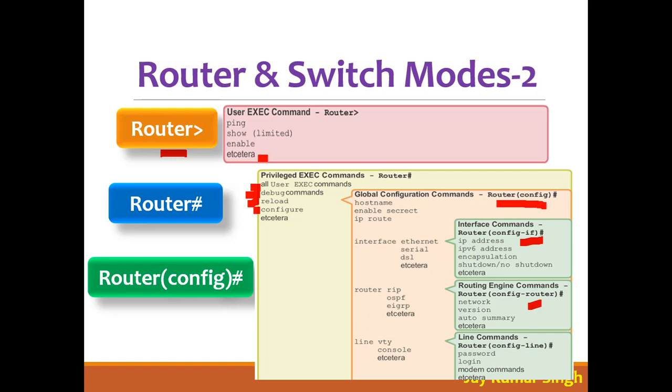So yes, if you want to configure an IP address, you type interface, which means I'm configuring an interface. Router means I'm configuring routing, and line means I'm configuring some kind of line, like the console line or the telnet line. What are lines? Lines are the way to enter the router. Suppose this is your house, so the router is your house. How many doors are there in your house to enter? That is known as lines.